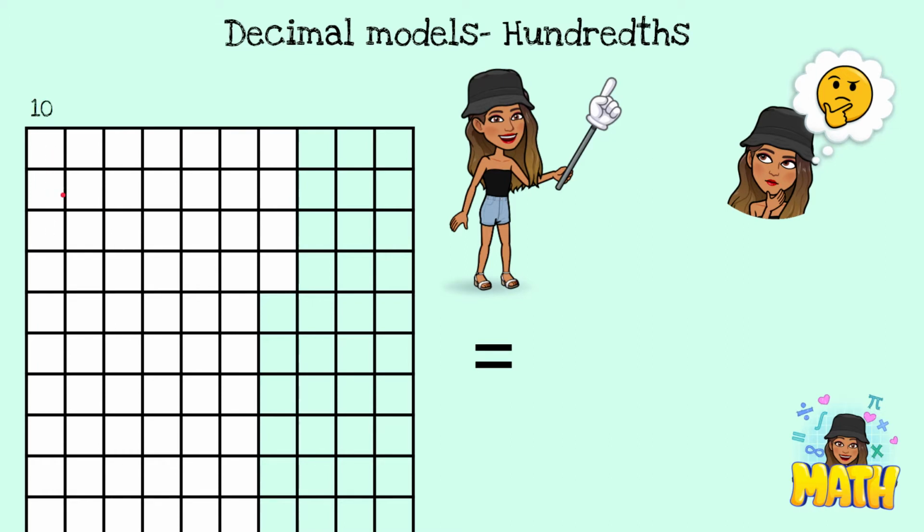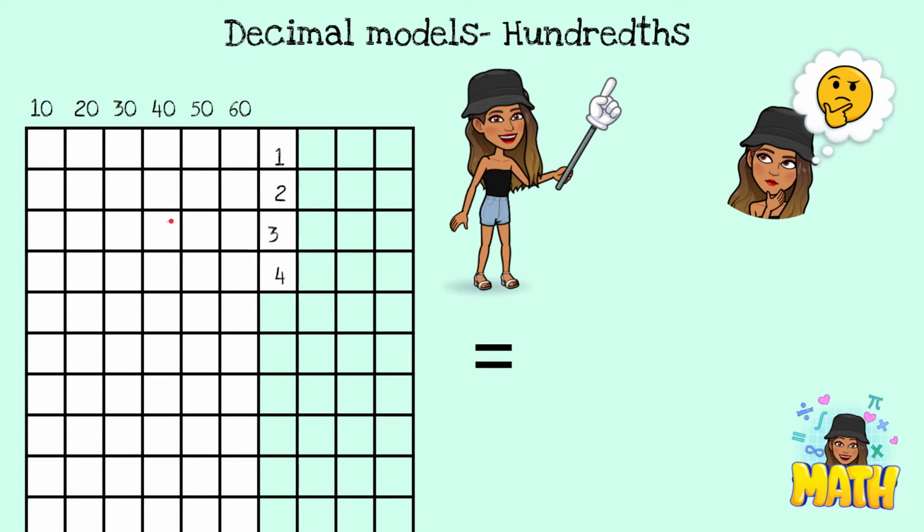So we need to keep on adding 10 as we move forward this way. So let's add 20, 30, 40, 50, 60. But here we're not going to do 70 because it's not fully shaded in. It's only shaded in a little way, not even half. So let's count each individual square. 1, 2, 3, 4. So there is 4 individual squares, and there's 60